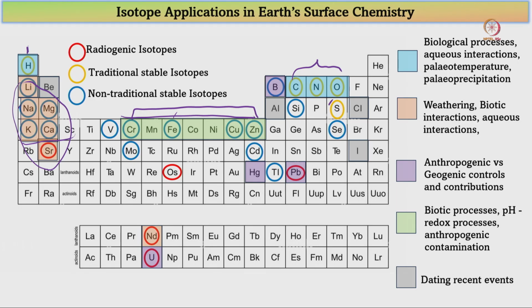So, such kind of studies are still going on, and they are continuously evolving, right. So, that is why they fall under the non-traditional stable isotope system. That means we are still trying to understand how these isotope systems are behaving in the natural world. So, we cannot use them with the current understanding in particular systems where it is well established. We can use it as a tracer, but it is mostly to understand